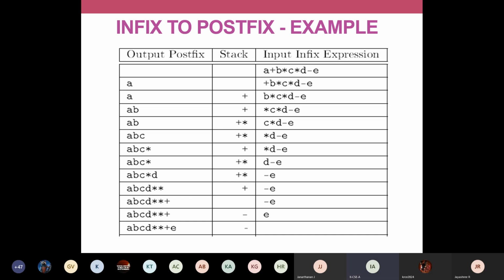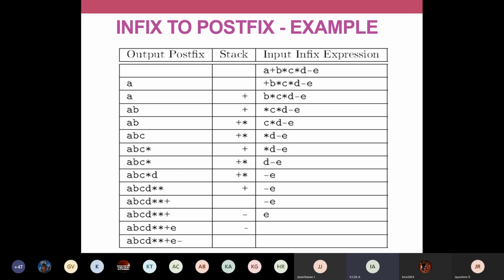I'm once again giving this statement in your chat box. Okay, write down this in your notebook. When you reach the end of the input, when you don't have any more tokens, pop all the contents of the stack and write in your output. So you will have this E minus. Okay, your minus will be popped from your stack and placed in your output postfix notation. So now you have your postfix notation.